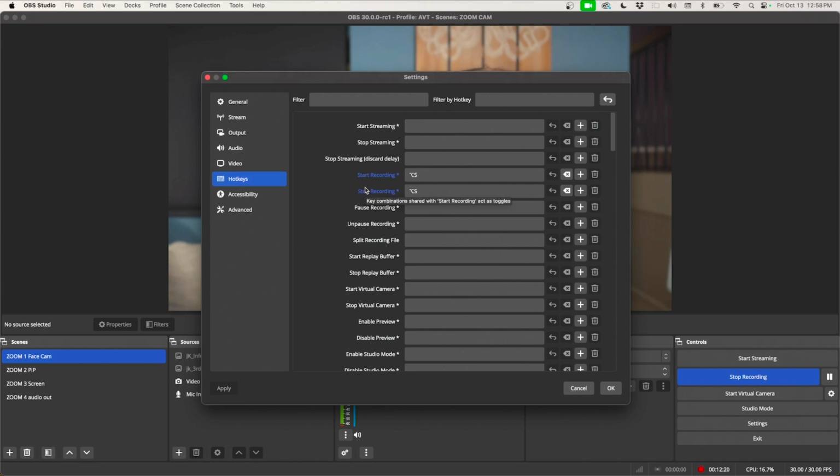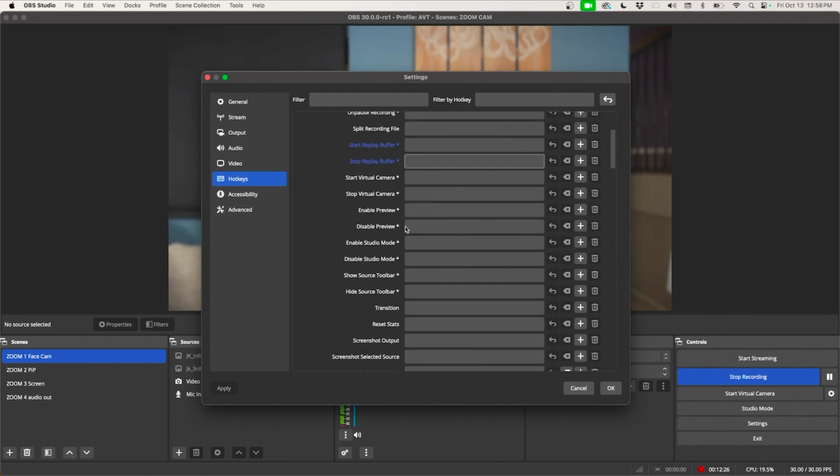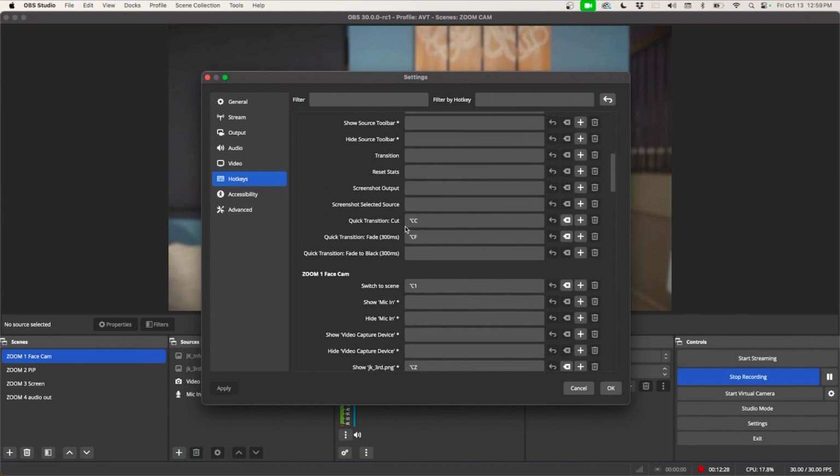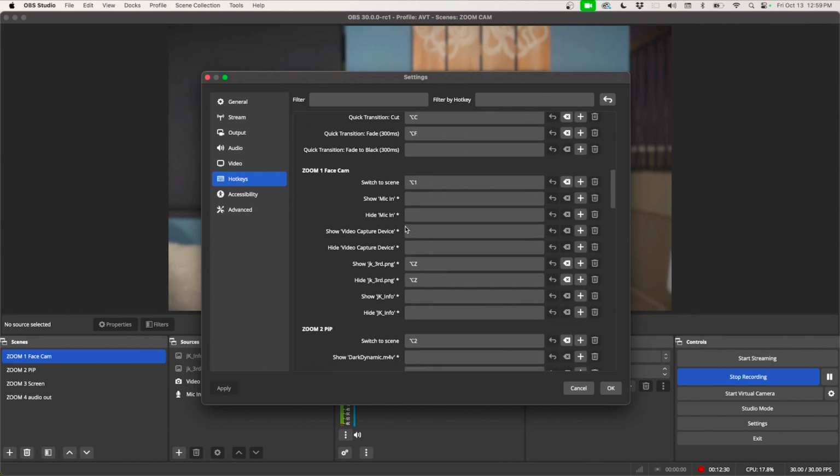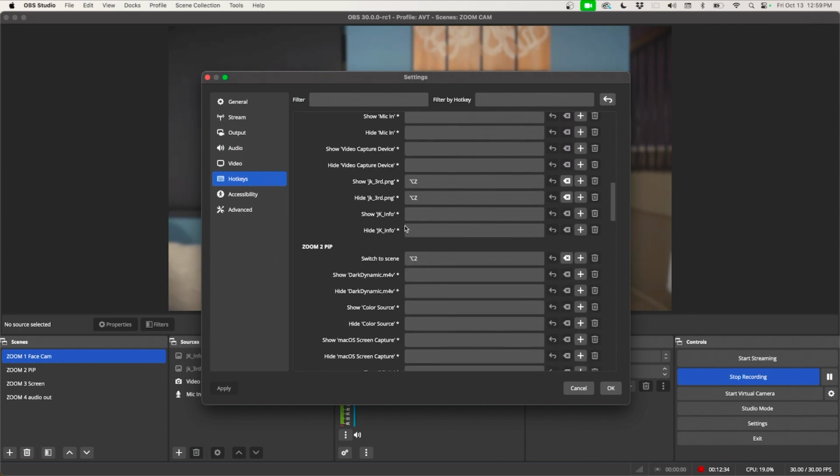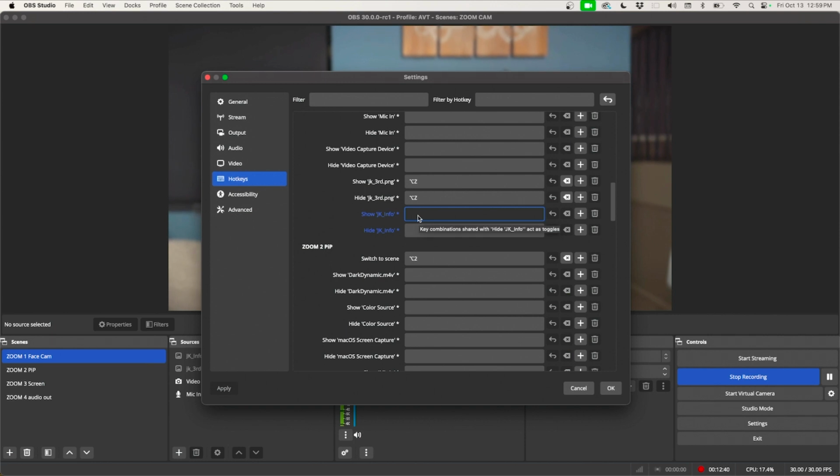Now hotkeys are different than shortcuts, excuse me, because hotkeys will work no matter what the situation is. If you're in a different application, these hotkeys have the permission to work. So here's my lower third, and then I never gave this one so I'm going to do Option X,